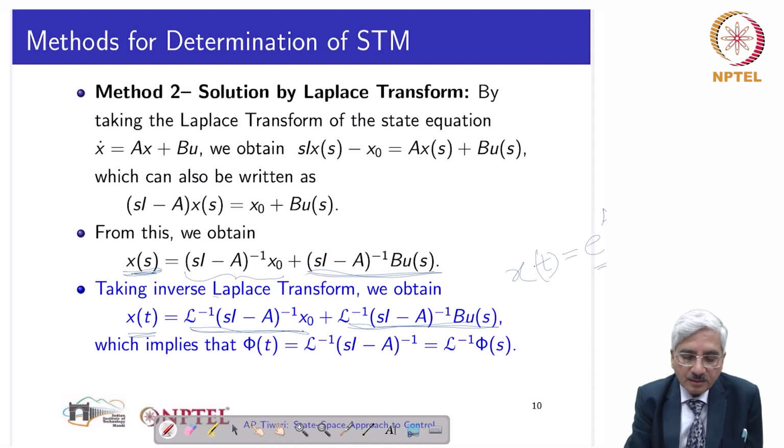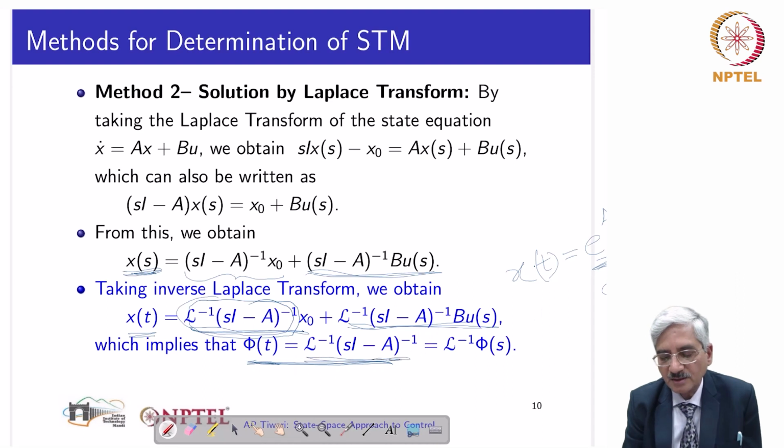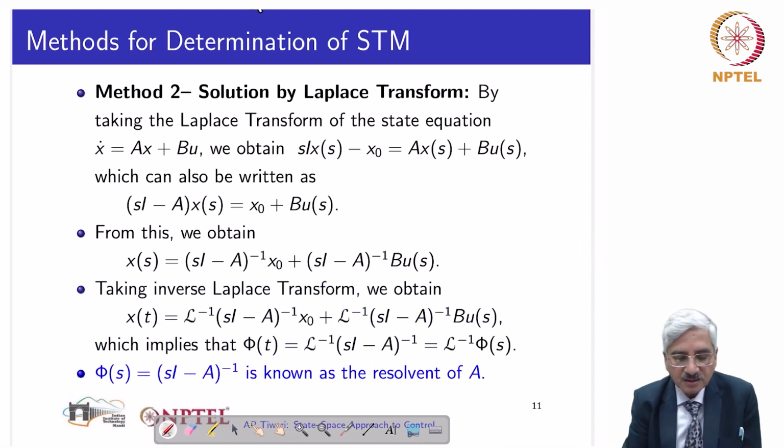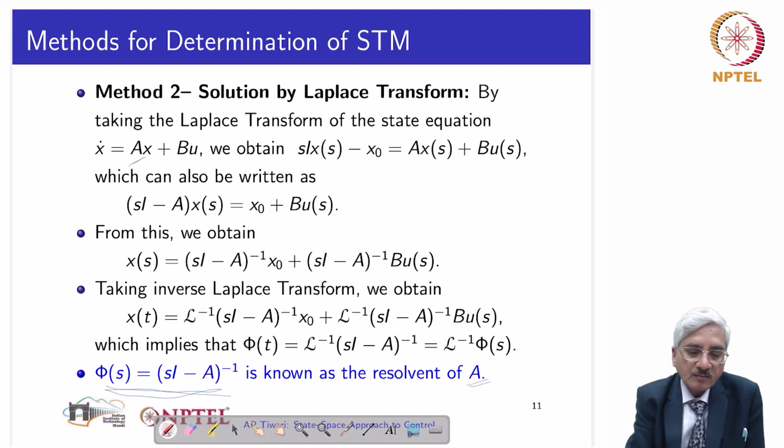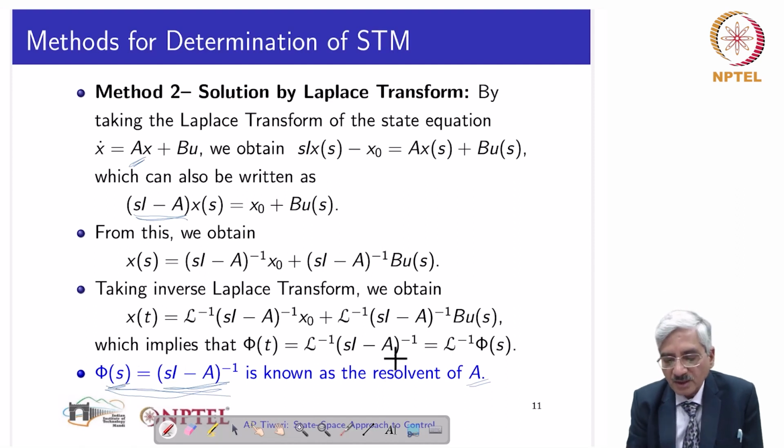We see that this appears such that we can easily write this phi(t), e^(At) is phi(t). This phi(t) is equal to Laplace inverse of (sI minus A) inverse, or Laplace inverse of phi(s), where phi(s) is (sI minus A) inverse, and it is called the resolvent of A. So what one can do is, given the A, one can obtain sI minus A, then one can obtain the inverse of sI minus A to get phi(s), and then one has to take the Laplace transform inverse of phi(s), and that will give phi(t). Once phi(t) is available, then x(t) can be evaluated.